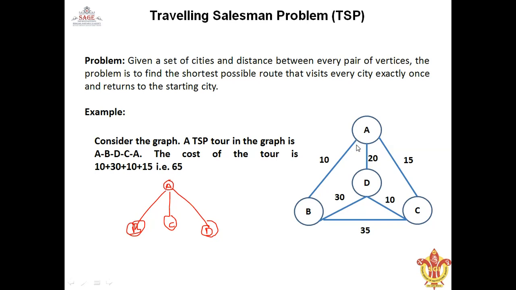So if we use backtracking, what we'll have to do? We'll have to take care that if we start from A, we can go to B, we can go to D, we can move to C also. So we have made those branches. Now see, from B, I can go to C, I can go to D. So this is how we are going to make the state space tree diagram for this one.